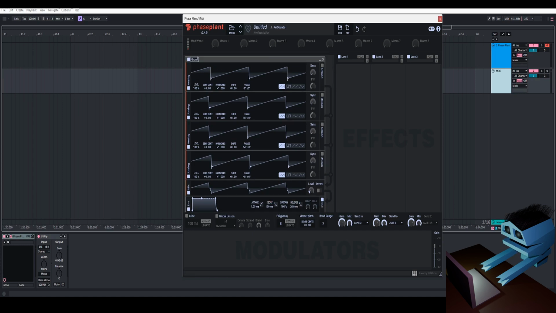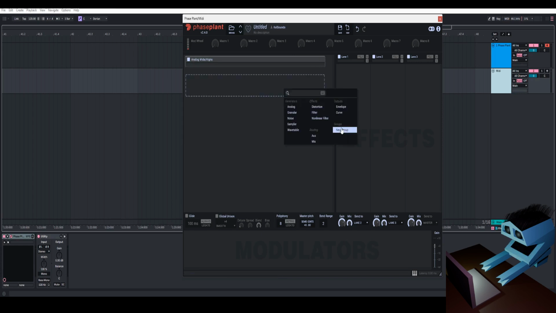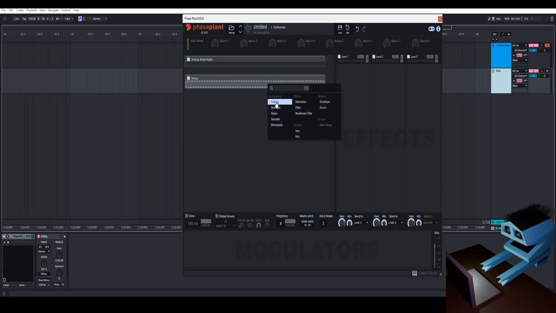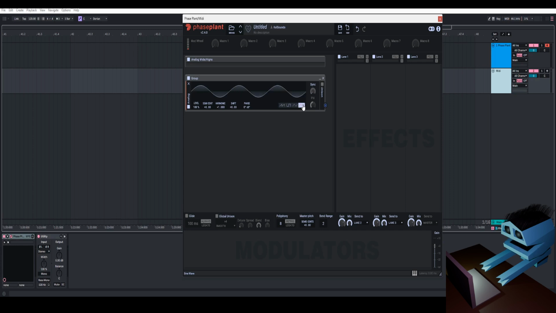Now I'm just going to rename this group, and then the next thing I'm going to do is add another new group, and inside of here I'm just going to make it an analog generator and click on the sine wave. This is going to be our sub, so I'm just going to rename it, and I called it sub 100 Hertz. Perfect. Now we can add an envelope output, and for the release I'm going to set it to